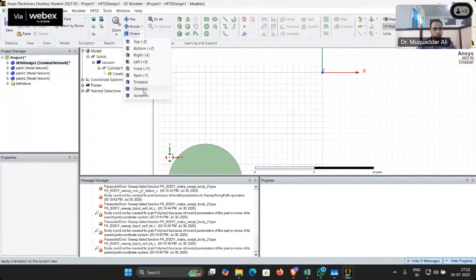And set it to 0, 0. Okay, now we have created a cylinder here. Okay, on this cylinder, we select how much part we